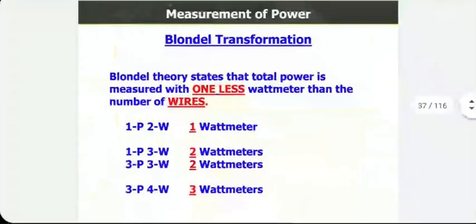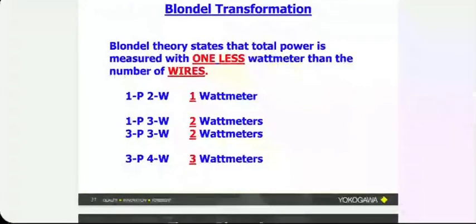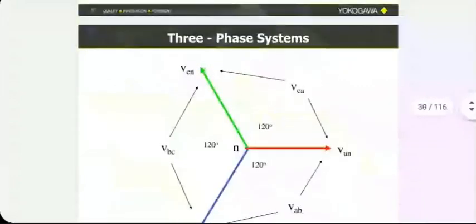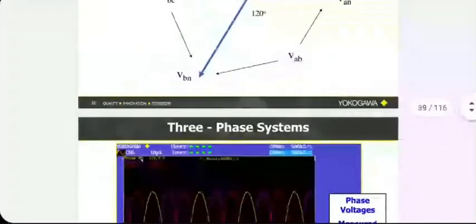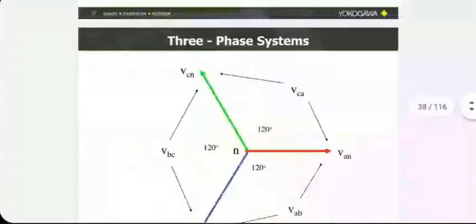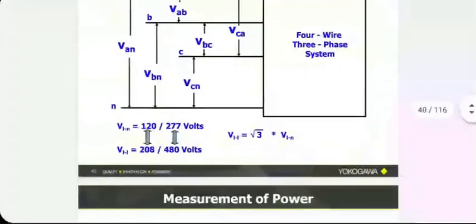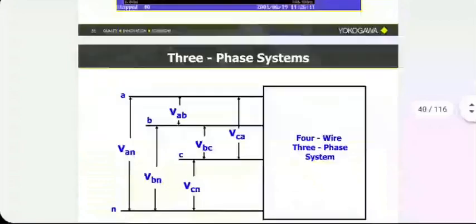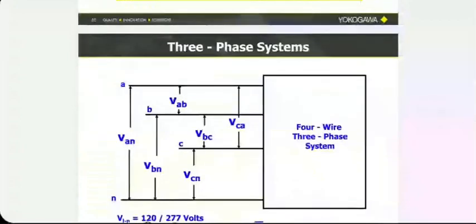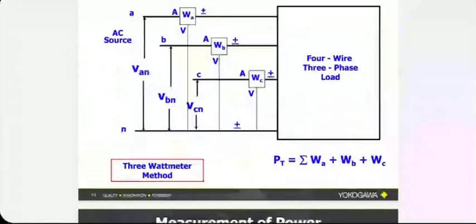For 3 phase systems, in theory, you can put 1 power meter in each phase and then total the result, which is fine. But somebody showed that you can do the same thing with 2 watt meters also, because you know the phase relationship among the various voltages and currents in a 3 phase system. He took full advantage of that, and that person's name is Blondel. He came up with a theory saying 2 watt meters can do the same job, especially in a delta system. The number of watt meters needed is the number of wires in the system minus 1. He showed that.